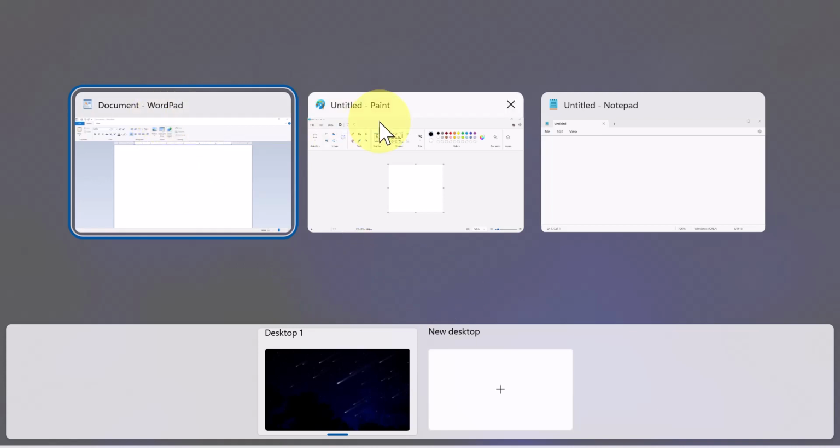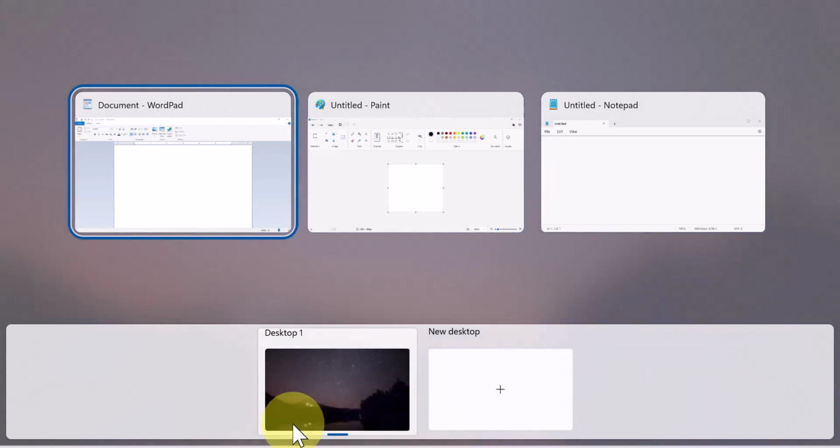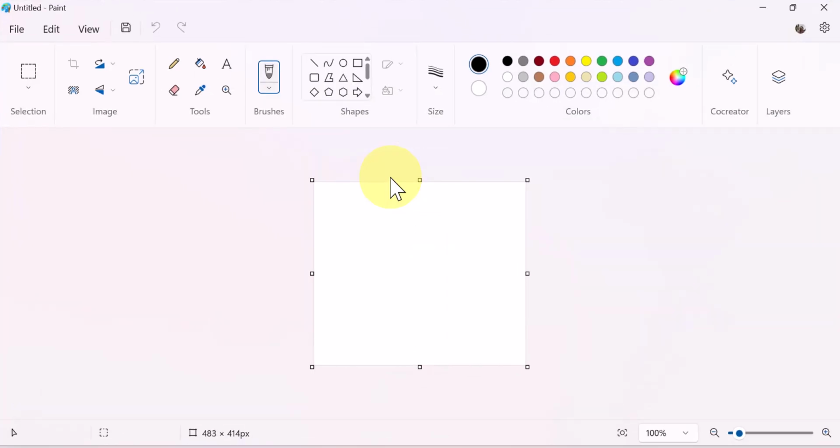Here's WordPad, Paint, Notepad. And in Windows 11, you also have the option of making different desktops. So you could have a work desktop with all your work applications, or you could set up a new desktop by clicking this plus here, and you could have maybe your home, or if you have a child, you could have your child have their own desktop and you have your desktop. So to click between these different items,